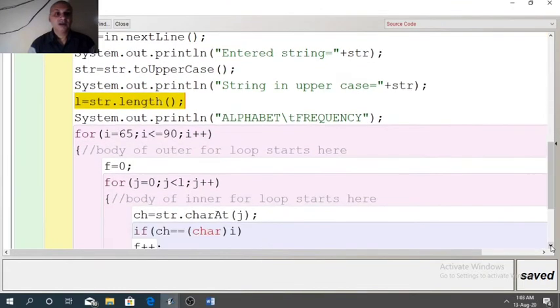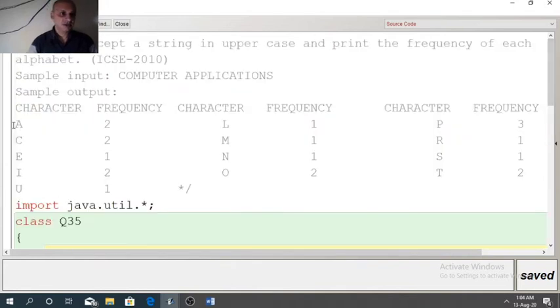Now in the output we need to display alphabet on left side, frequency on right side. So give a message for printing alphabet. /t will give some space between alphabet and frequency. So this message should be printed before the loop, so it will print only one time. Alphabet left side, frequency right side, because we need to follow the same format. Here character is there, so you can display character or alphabet. So left and right side.